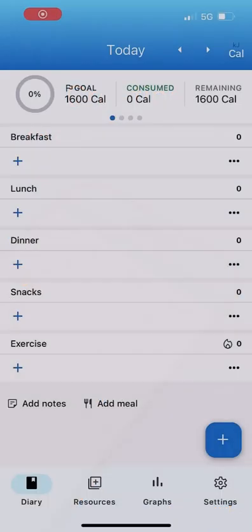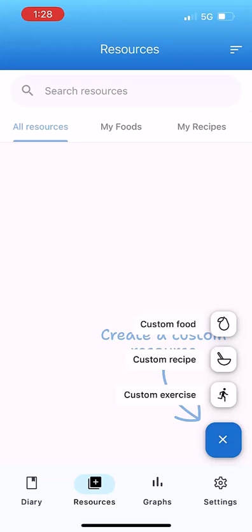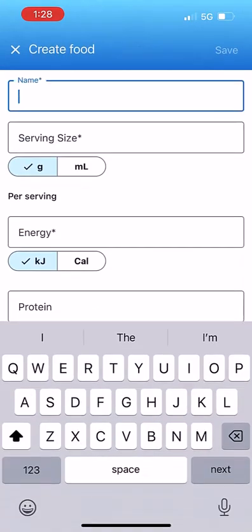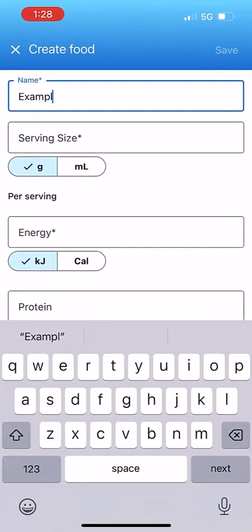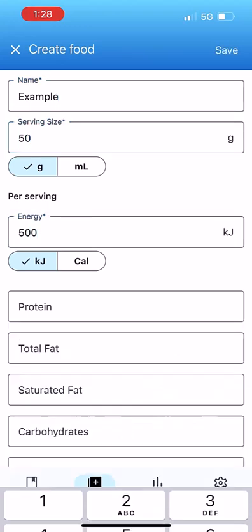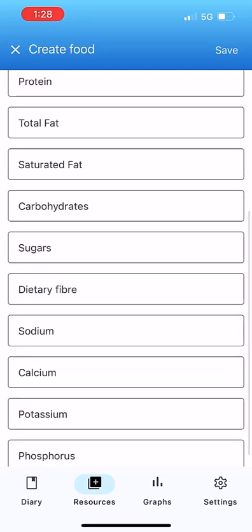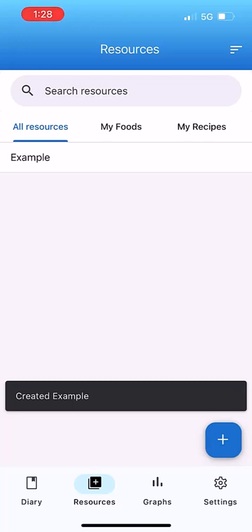Let's begin. To create a custom food, tap Resources, then tap the plus button and tap Custom Food. Enter the food name, serving size, and energy. Optionally, then enter the food's protein, total fat, saturated fat, carbohydrate, sugar, fiber, sodium, calcium, potassium, and phosphorus values. Then tap Save. You will then see the custom food saved in the All Resources and My Food section of